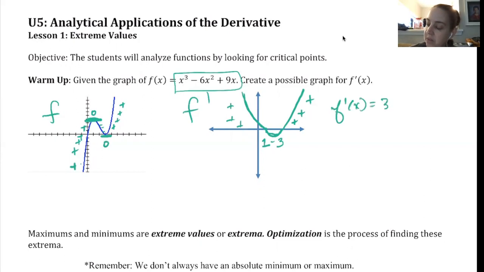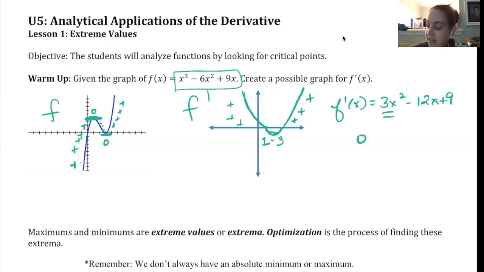The derivative is 3x squared minus 12x plus 9. Well, it's a 3x squared term, so I know it's a parabola. It's positive, so I know it opens up. Yeah, that's what I have going on. And in fact, just because we can, if I take this one step further, factor out a 3 and set it equal to 0,